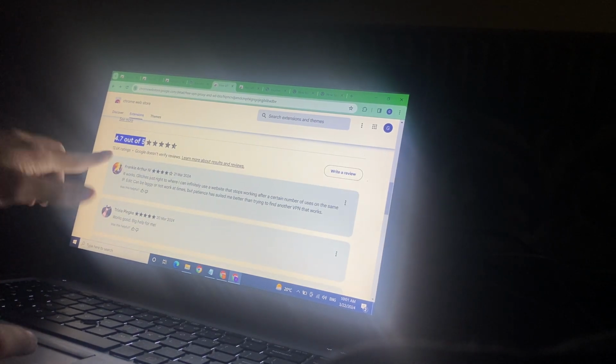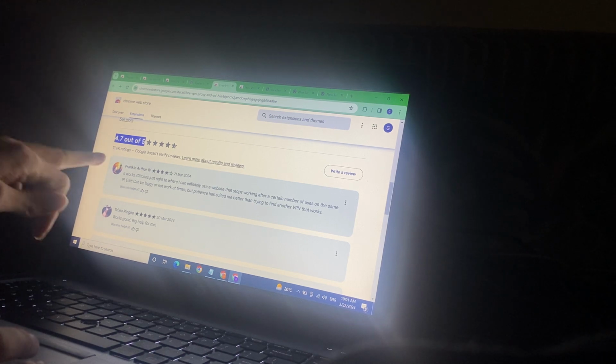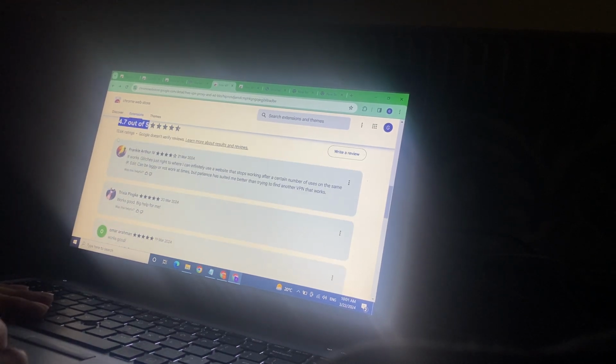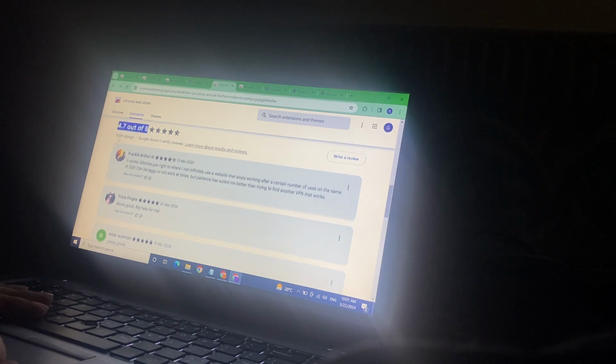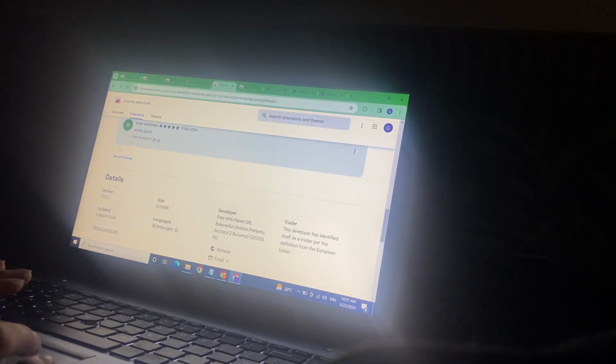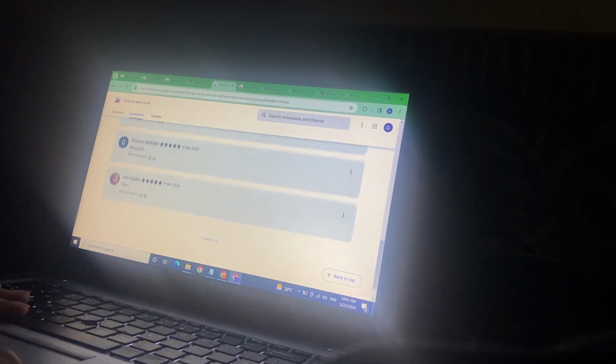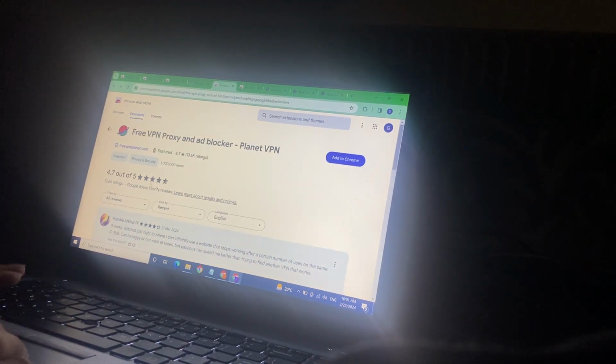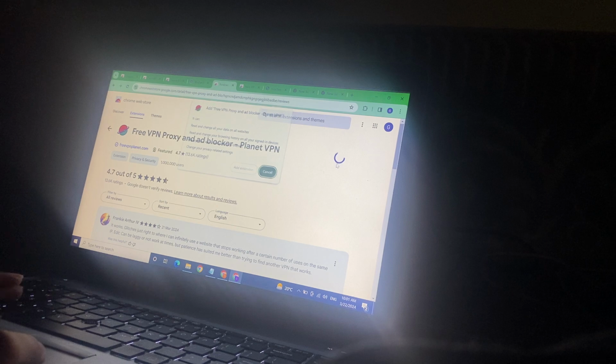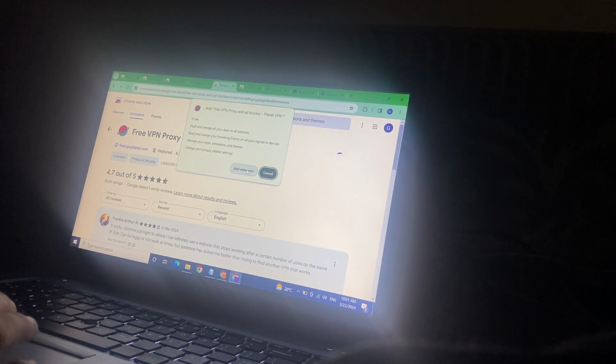So here you can see 13.6k ratings on Google reviews. So there are very good reviews on this. So this is ad blocking. So here you go, you add the extension from here,